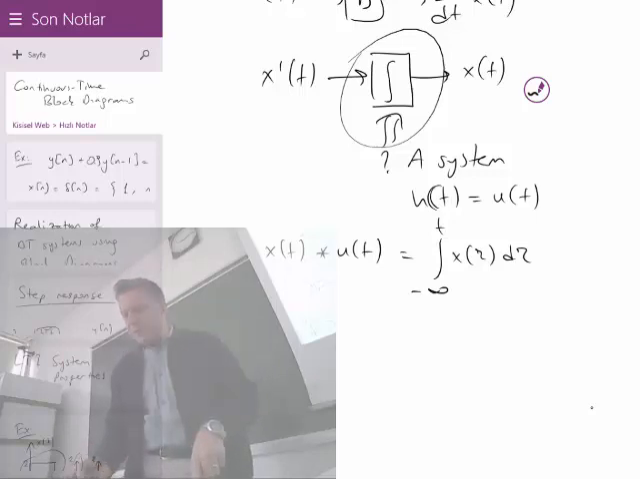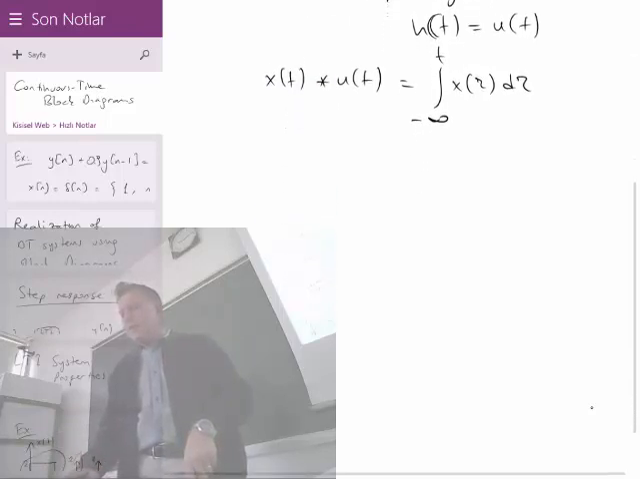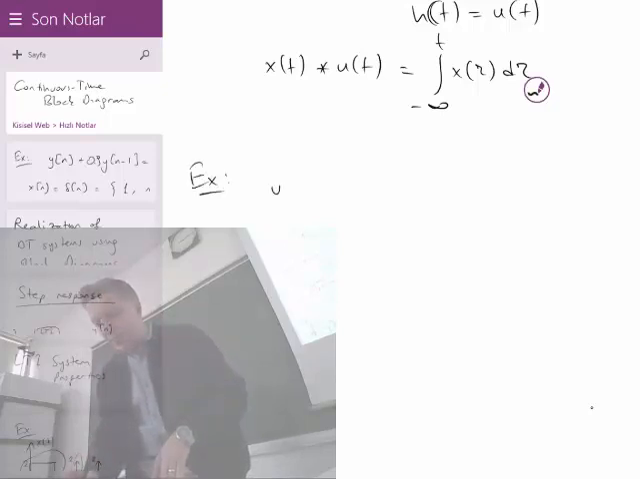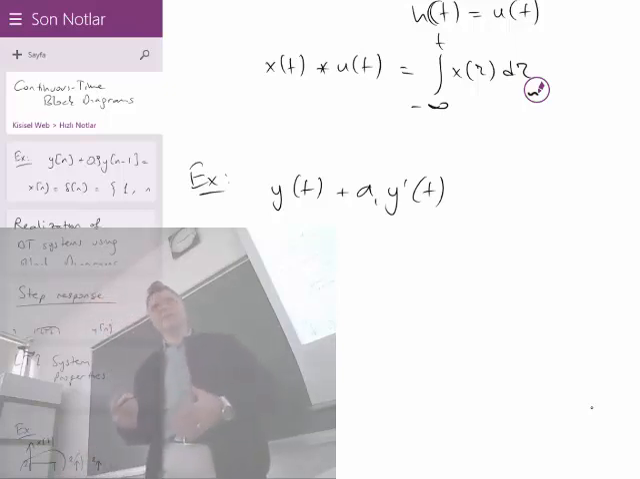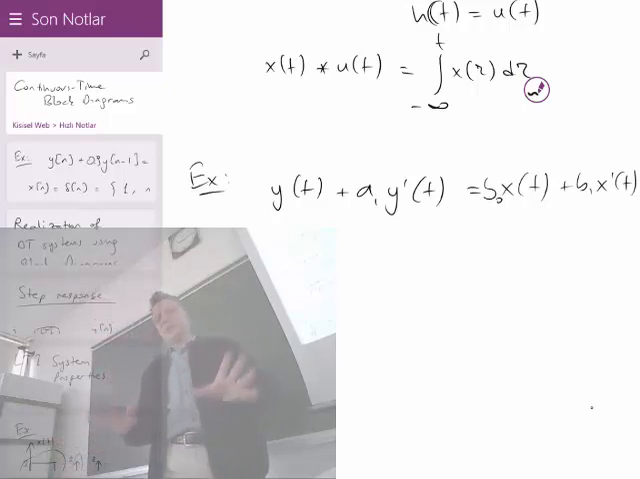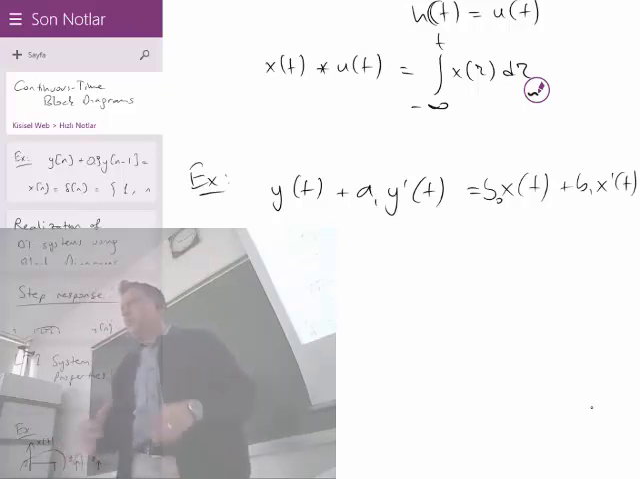Now, how can we translate a differential equation into an integral equation? We will not deal with the initial conditions of the integrations and all those things. But, for example, if you have y of t plus a1 y prime of t, and whenever I say y prime, it corresponds to a time derivative, is equal to b0 x of t plus b1 x prime of t. Suppose this is your differential equation, and we don't indicate any initial conditions, because the initial conditions don't affect the